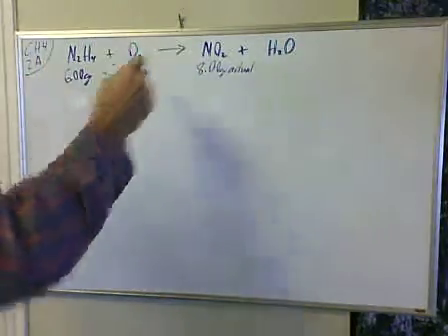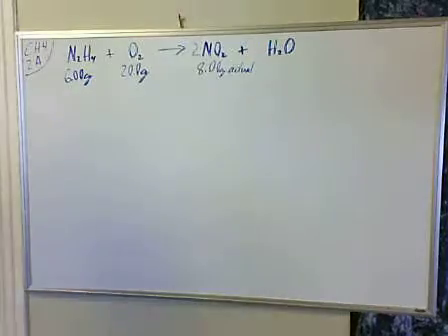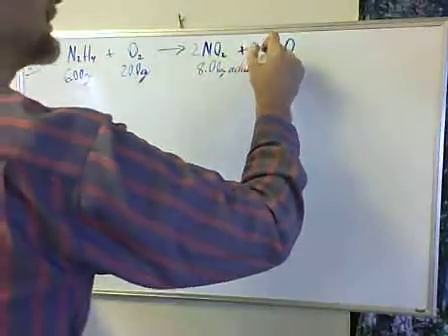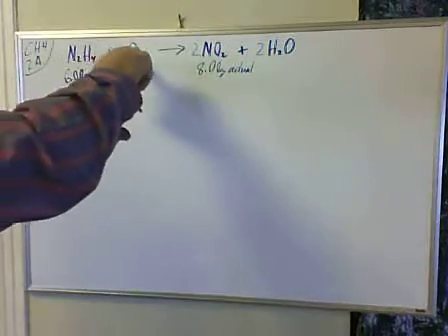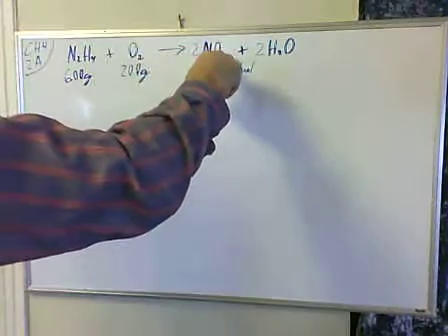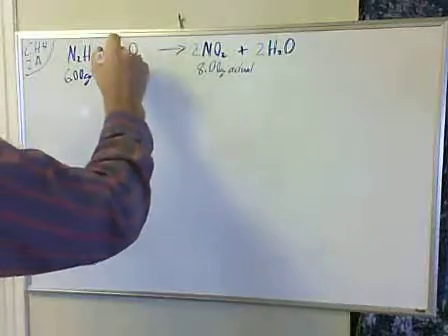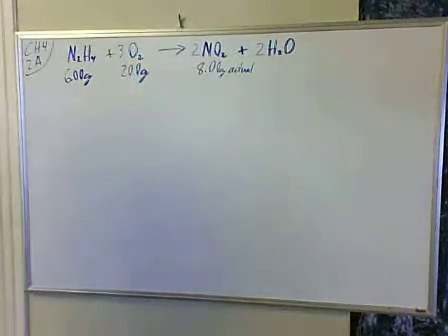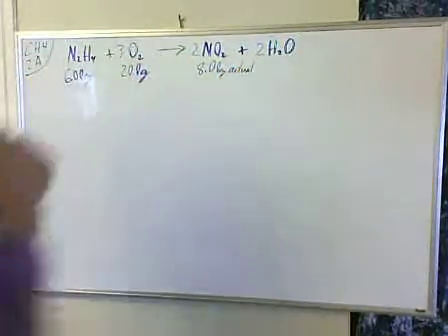2 nitrogens, 1 nitrogen, so we want to give ourselves 2 nitrogens. We have 4 hydrogens, we have 2 hydrogens, so we want to give ourselves 4 hydrogens. We have 2 oxygens, we have 2 times 2 is 4, plus 2 is 6. 6 divided by 2 would give us 3. So now we have 6 oxygen. We have not unbalanced our nitrogen or hydrogen, so now we have a